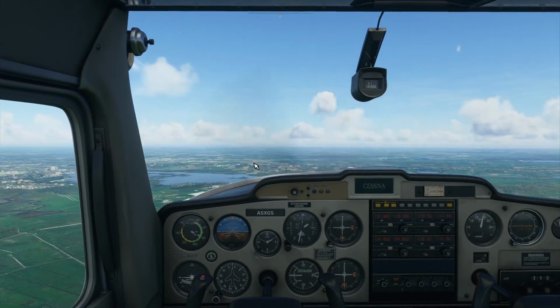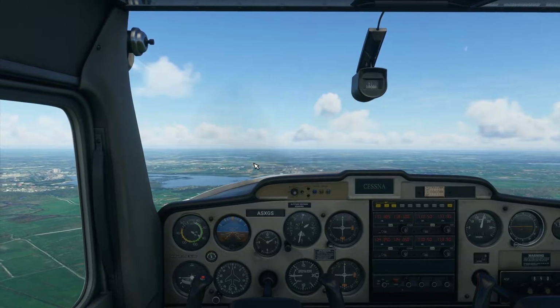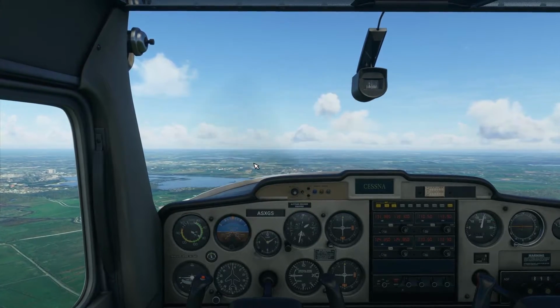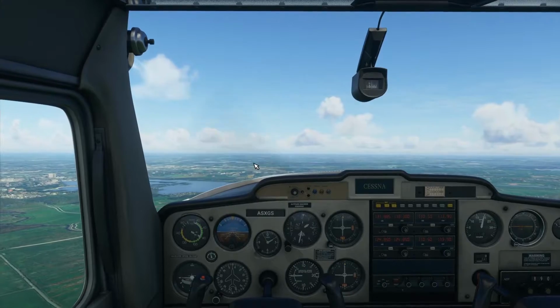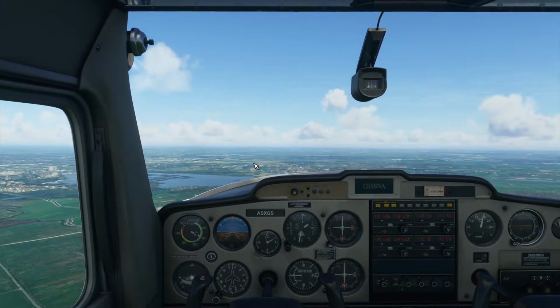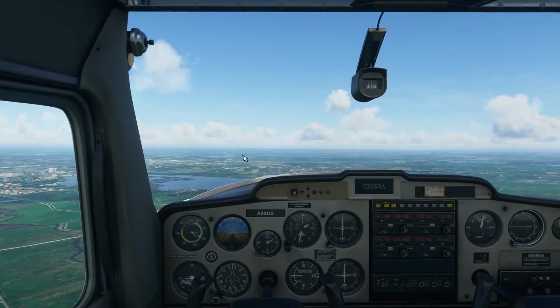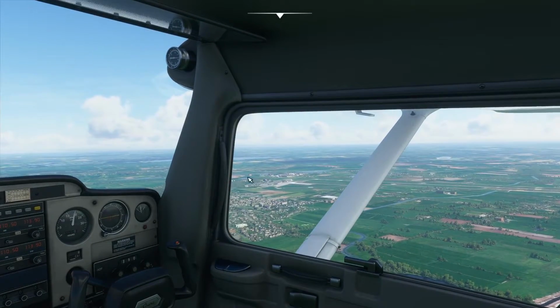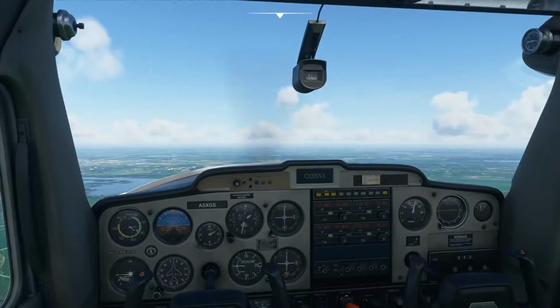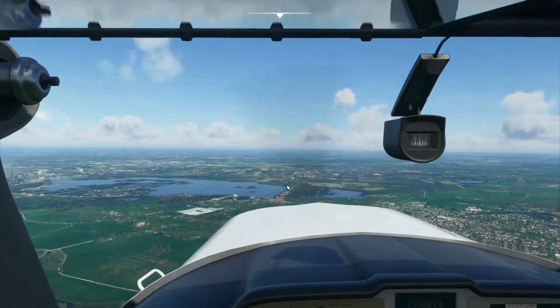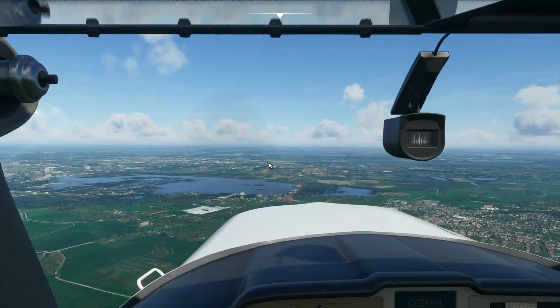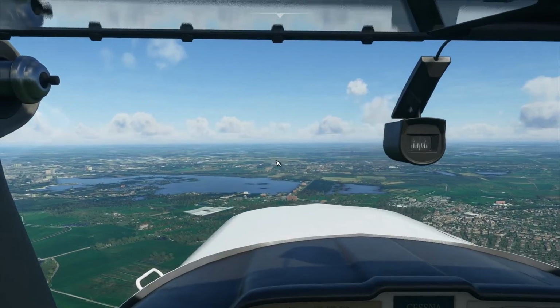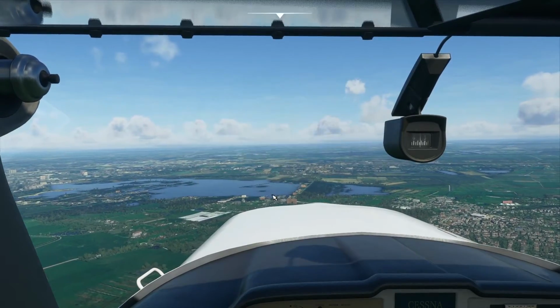So there's two things we need to do during the landing phase. We need to descend and we need to slow down. So descending, obviously, we need to descend towards the runway. And ideally, we want to descend towards the start of the runway, not towards the middle, not before the runway, but to the start. So in a moment when we start descending, we really need to start looking forward, outside of the plane, not on the instruments, and see if you can kind of guess where you're going to hit